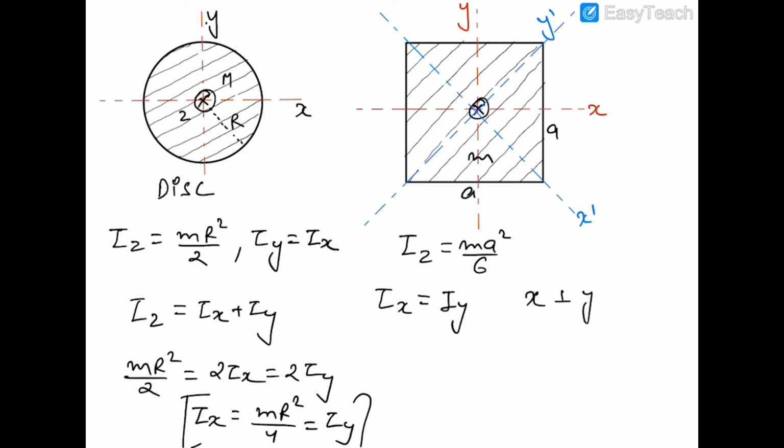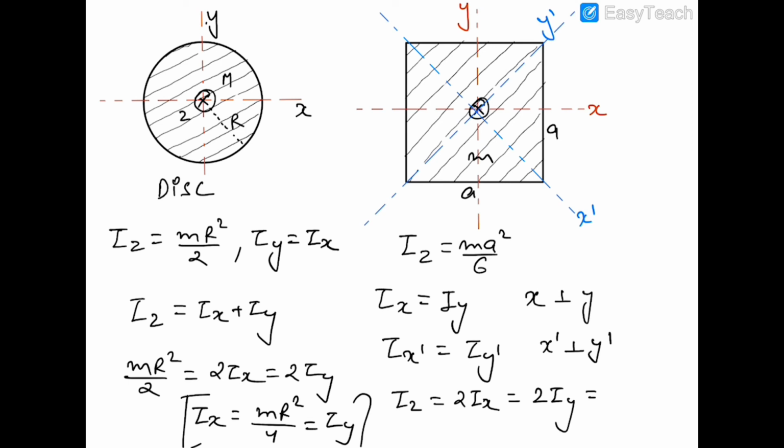Now similarly Ix dash is also equal to Iy dash, and x dash is also perpendicular to y dash. So Iz is equal to 2Ix, or it is equal to 2Iy, or it is also equal to 2Ix dash, and it is also equal to 2Iy dash,